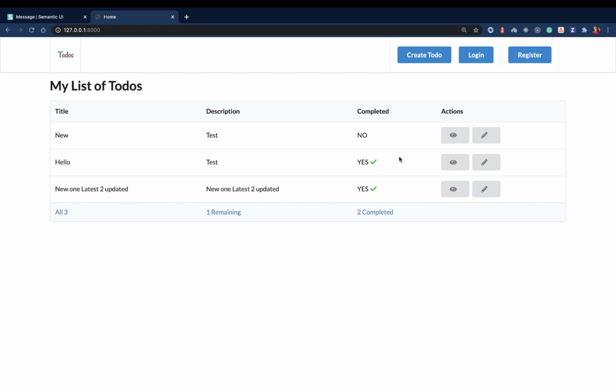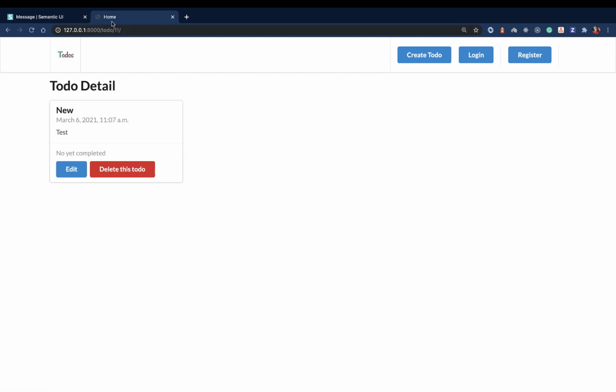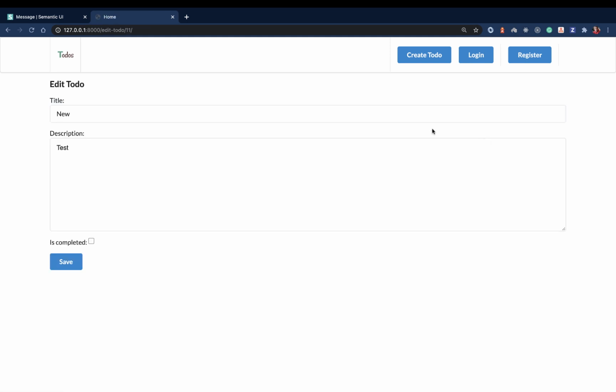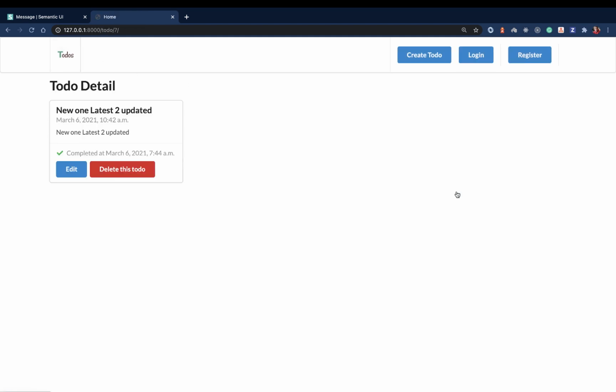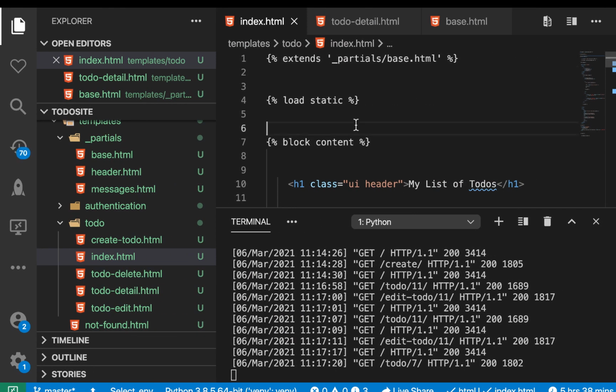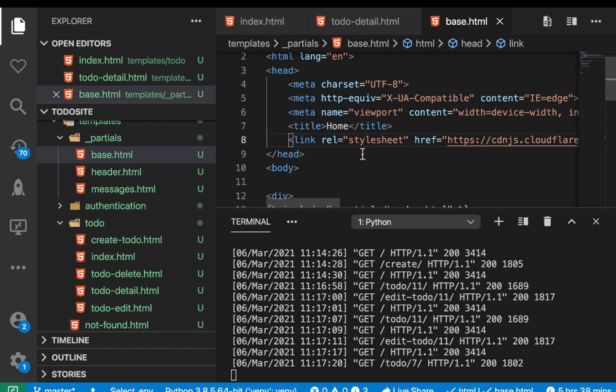Hey guys, welcome back. So we have been able to make our CRUD for all this to do functionality, but notice that every time we navigate to different pages of the site, so we go to edit, the title here keeps home. So we would want this to really be dynamic, so it relates to the current page we are on. So for us to be able to do that, we want to go to our base HTML, and here,